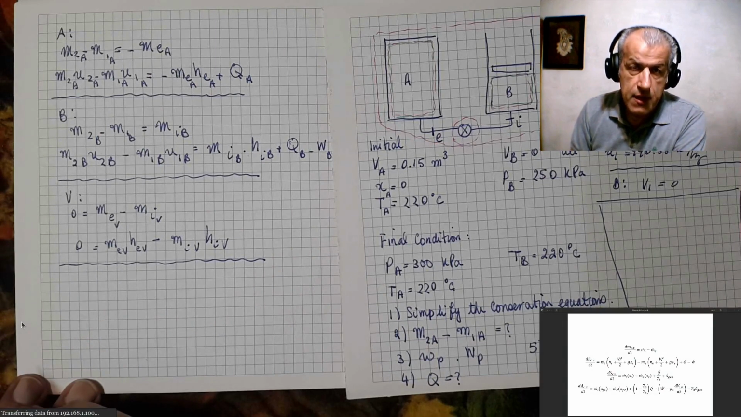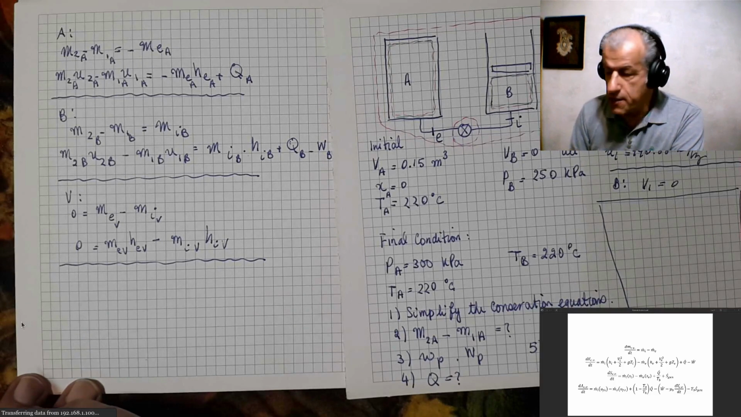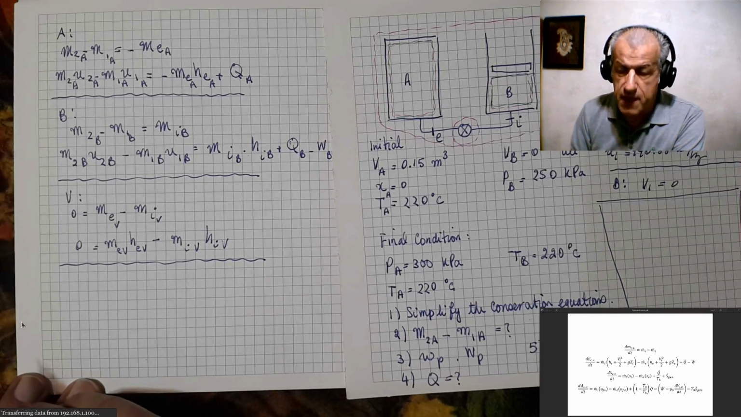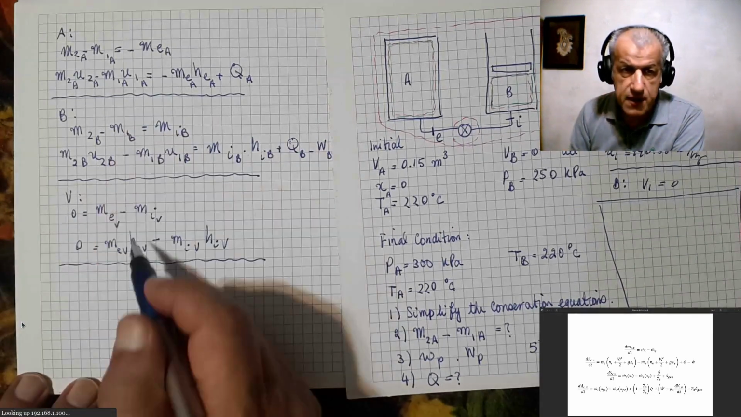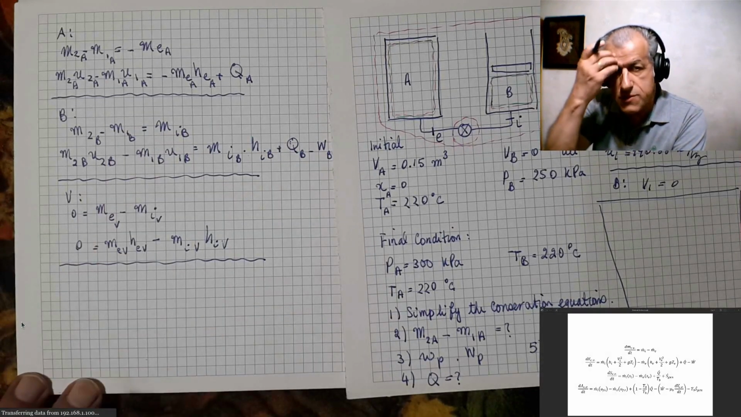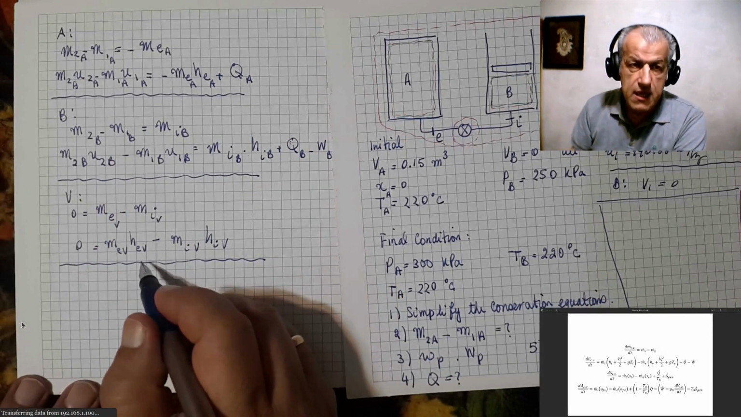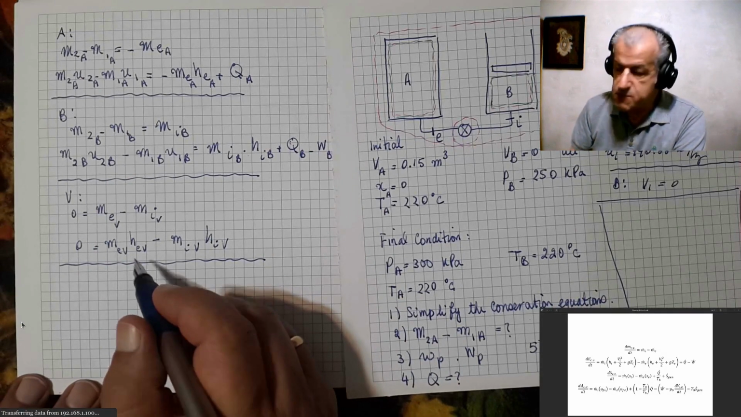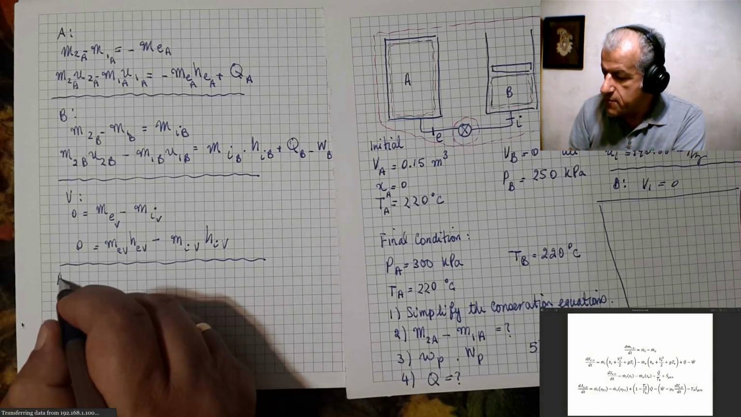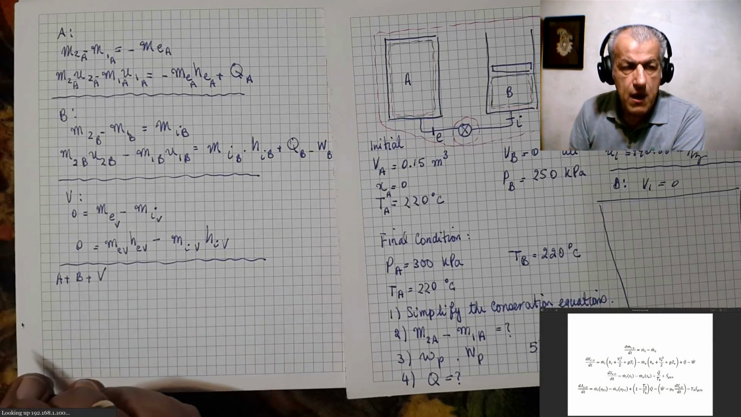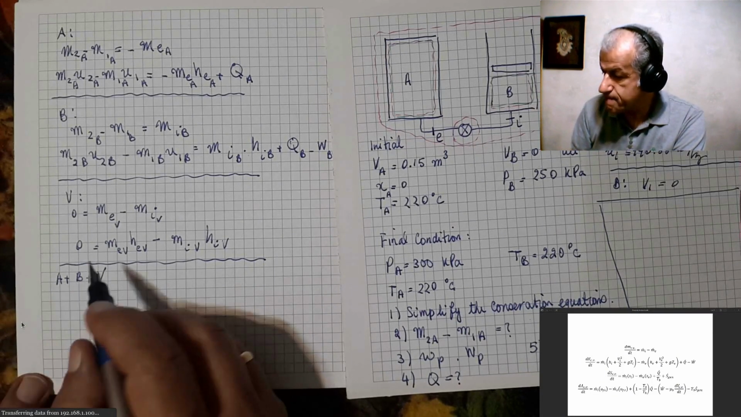Now, the last system, in fact, here it is system. These are all three were control volumes, but this last one is a system because no mass leaves A plus B. So A plus B plus V is now our system, and what we write for it is that